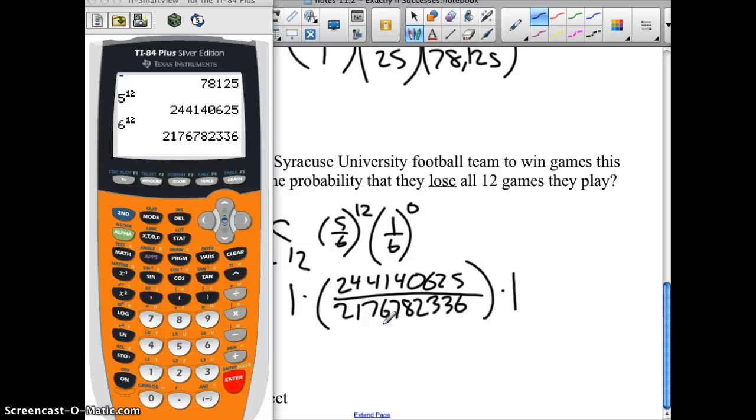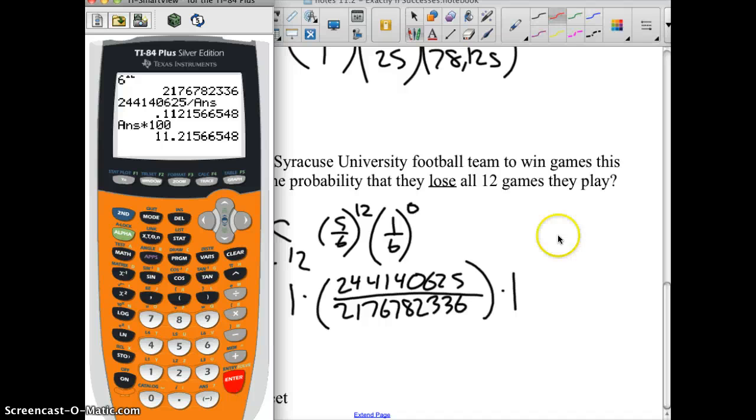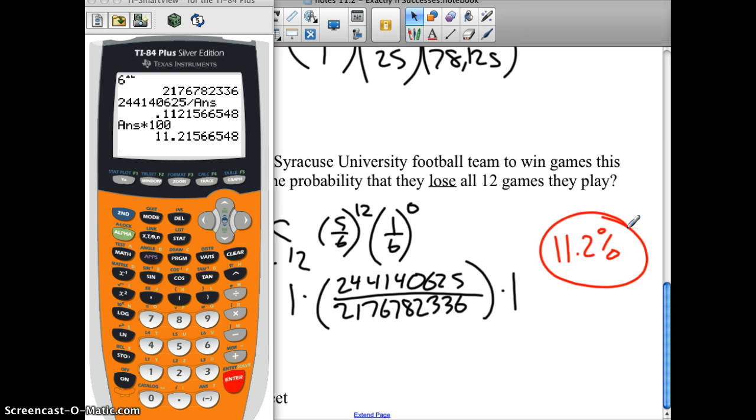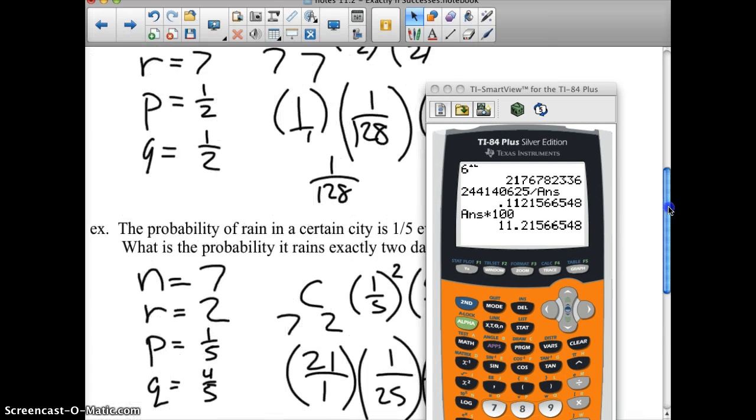Let's see what that is as a percent. Like, what's the percent chance that they're going to lose all those games? So I take 244,140,625, and then I divide that by my answer from before. Okay, and then I multiply it by 100. That's about an 11.2% chance, right? It didn't ask for it as a percent, but I know on the practice sheet I have tomorrow we have some percents. So I wanted to go through that with you quickly as to how to do that. All right, and I have just a minute left here on my allotted time,